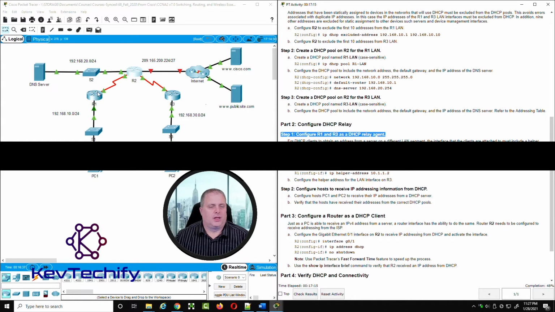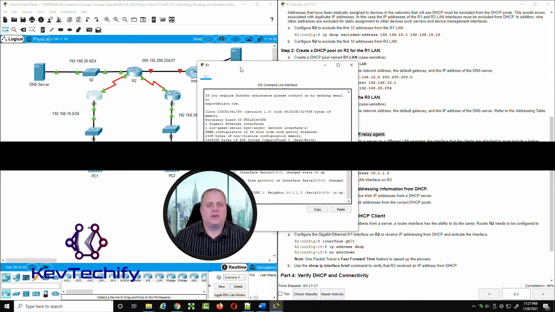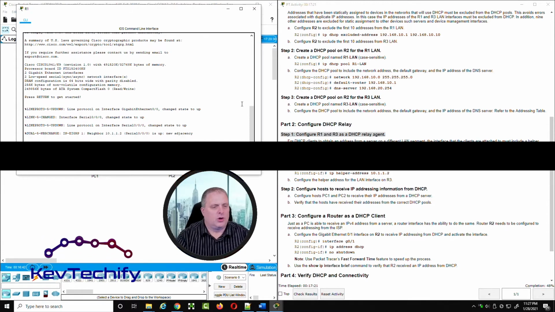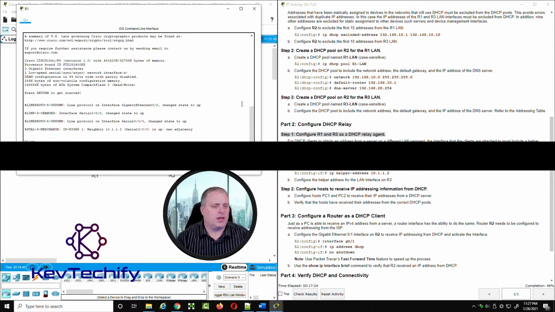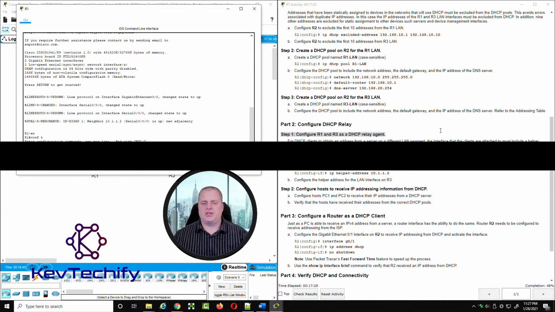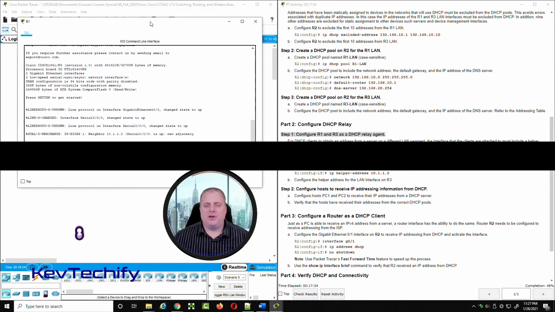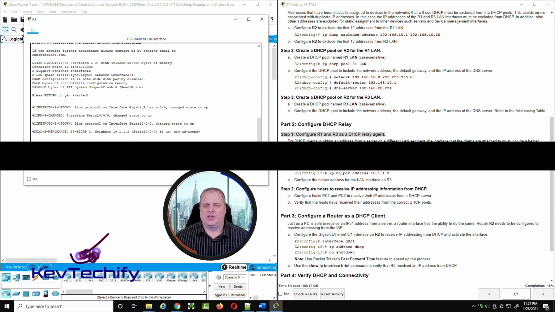I'm going to go ahead and click on R1. Make the window a little bit bigger. No password, so I can get in pretty quick. Enable to get into privileged exec mode. Config T for global configuration. Then we need to specify what interface we're connecting into. If we look at our chart, and we're going to set up the R1 helper address first,